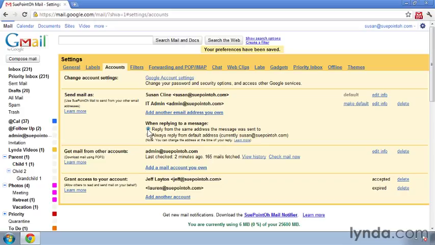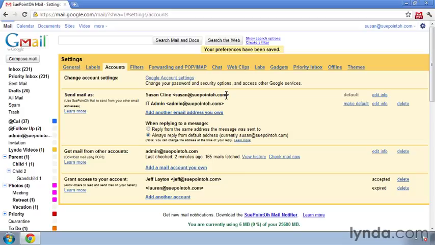I also see that I happen to be getting email from admin at Sue.0.com as well. So I'm already getting messages into my account from admin, so it's helpful if I can reply from that email address. Now, if you're trying to train people just to use a new email account, then you should select always reply from the default address and make the default whichever one you want to use. So I want people to start writing me at Susan at Sue.0.com instead of admin at Sue.0.com, so I'll use